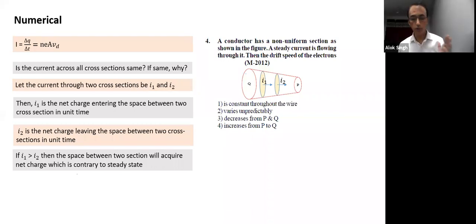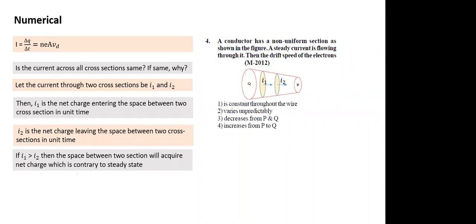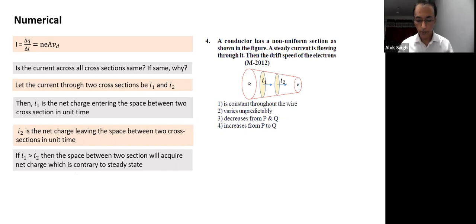Yes, but see, have you understood the constant? n is per unit volume, right? What does n depend on? We briefly discussed in the previous slide: the number of free electrons per unit volume, not the total volume. So it doesn't depend on cross section. It depends on what kind of material it is, and what temperature it is at.